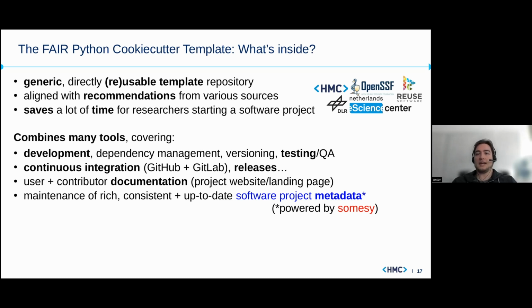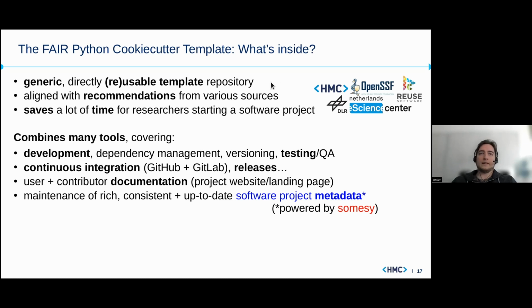So we suggest ways how you can do all these things and documented them so people can understand how to use this with this template repository. And we provide a suggested structure for a project landing page, which can be deployed and also shows the sections that should be filled with life, and for user documentation, developer and contributor documentation, etc. All these things that you might not be aware of or forget easily